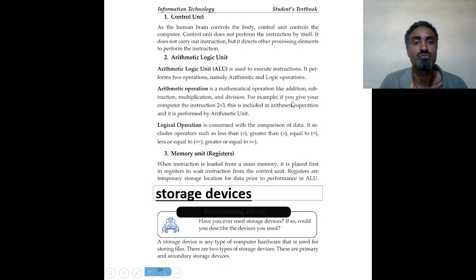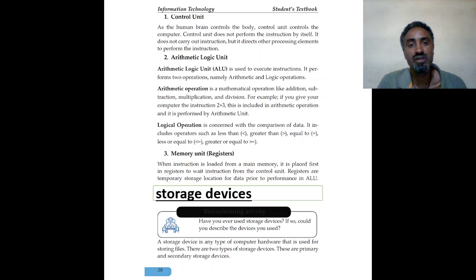Let us see the first component, which is the control unit. Think about the human brain. For instance, if someone kicks a ball to me, I am ready to control the ball, or I am ready to kick it back to him. Like that, the computer system also accepts particular data from some component, and vice versa, it is transferred to the other components.